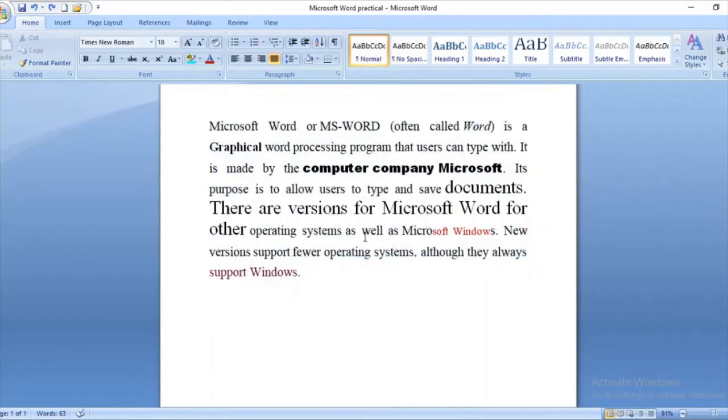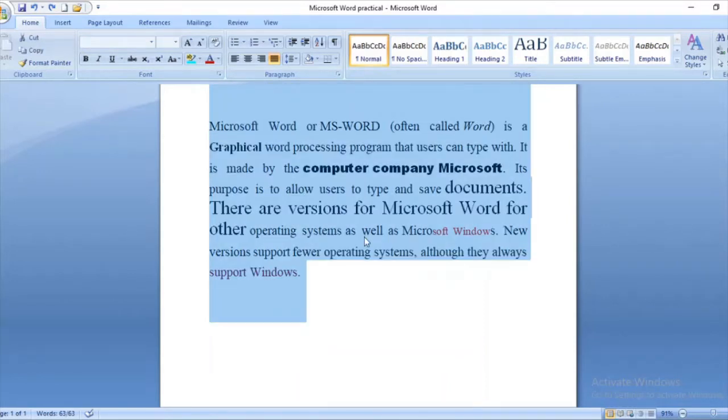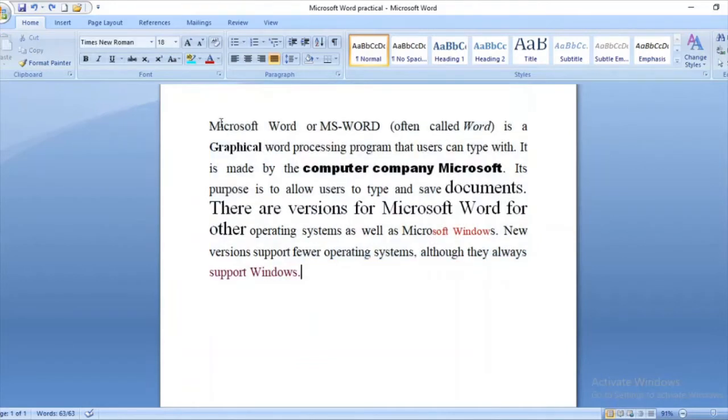Another way of doing it, I can simply use a shortcut such as Control A. I simply press Control A and the whole of the text is selected. Another way is I can bring my cursor here and hold shift and move the arrow keys. You will not be able to see, but I have pressed the shift button and along with it I am moving the right-hand side arrow key. Also I can click on the left-hand side arrow key and it will deselect.